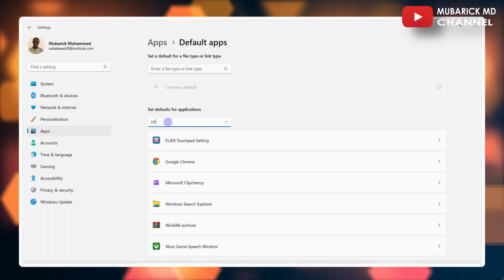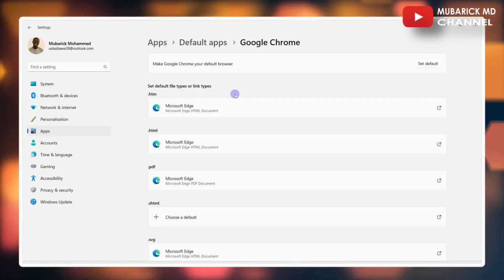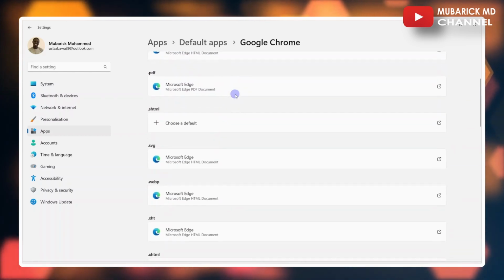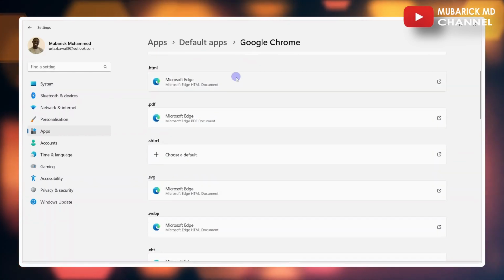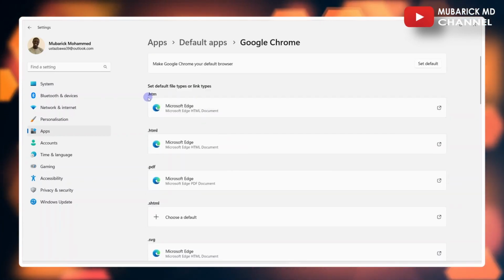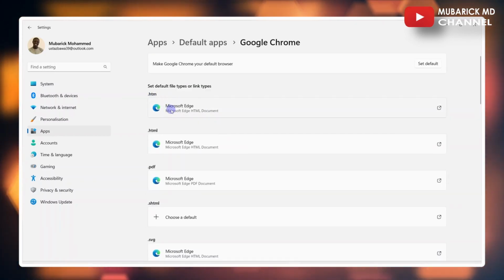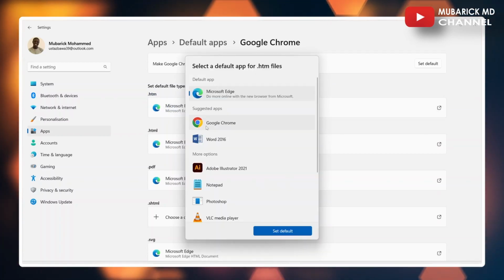In my case, Chrome. Then I'll proceed to select the one with this best match. As you can see, this is the list of all the web browsers that I have to change one by one in order to get Chrome as my default web browser. So to do it, all you need to do is to locate the one that you want to choose. In this case, if you want to choose the HTML, proceed to select here, then proceed to select Google Chrome